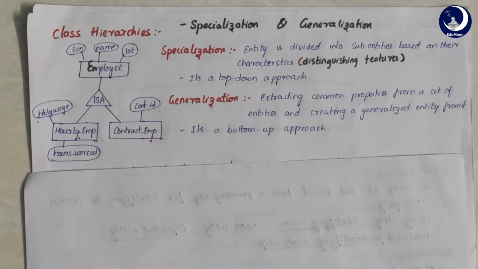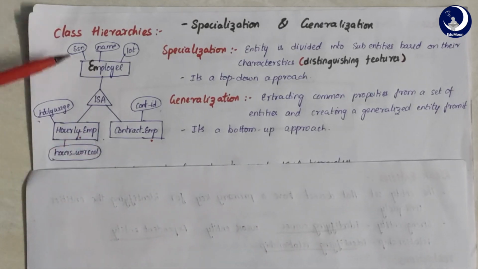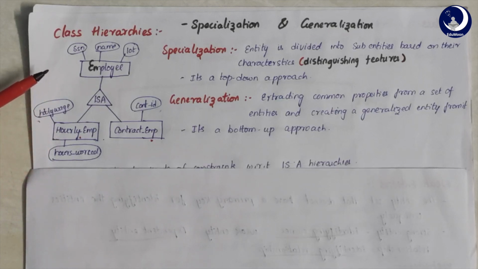So let's look at our example, which is a relationship between the employees and the types of employees. If we consider the specialization, we should follow a top-down approach where we will be looking from the top to bottom. Here our employee is divided into an hourly employee and a contract employee. That means an employee can either be an hourly employee or he can be a contract employee. So each of them has its own set of attributes. Here a single entity is divided into two entities and then we are defining their own set of attributes